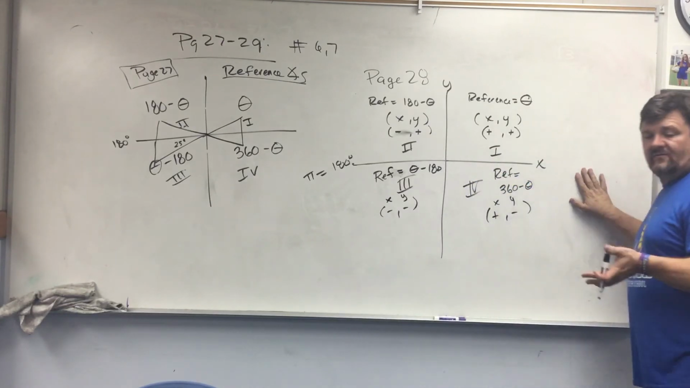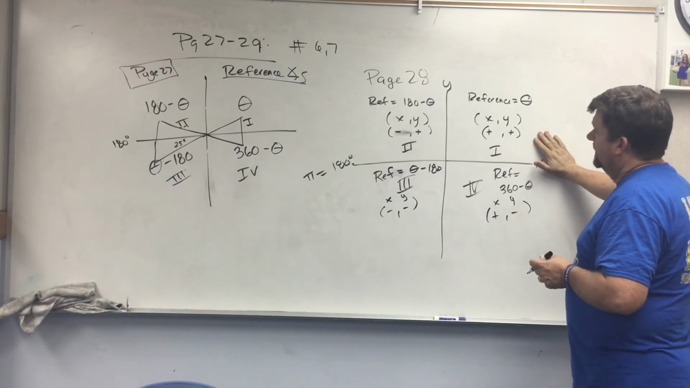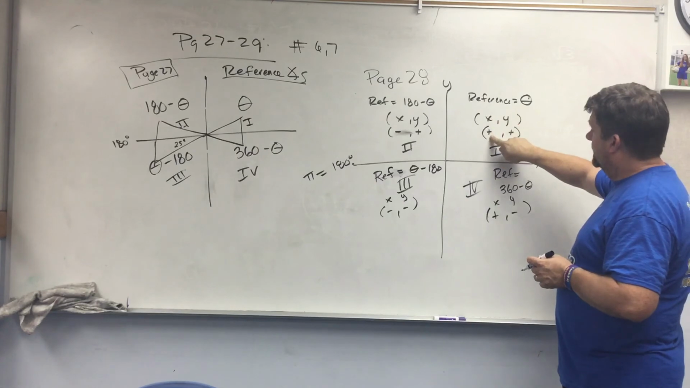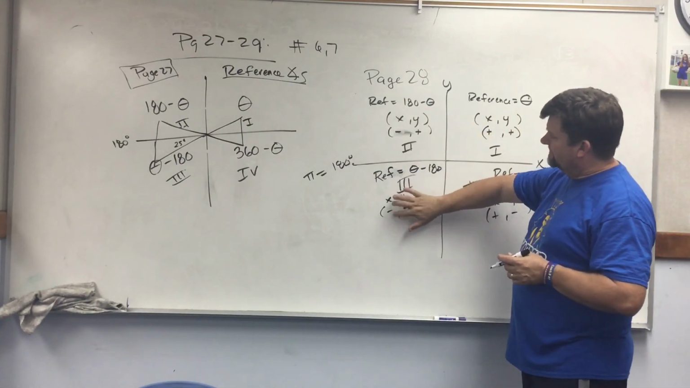Now, if we take that idea and deal with the fact that we know on the unit circle that x is always related to cosine, and x is related to cosine,